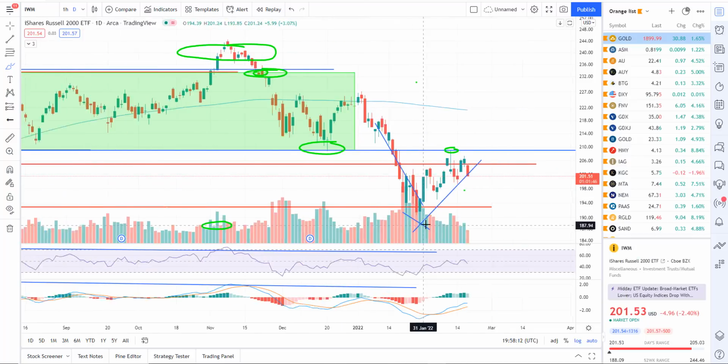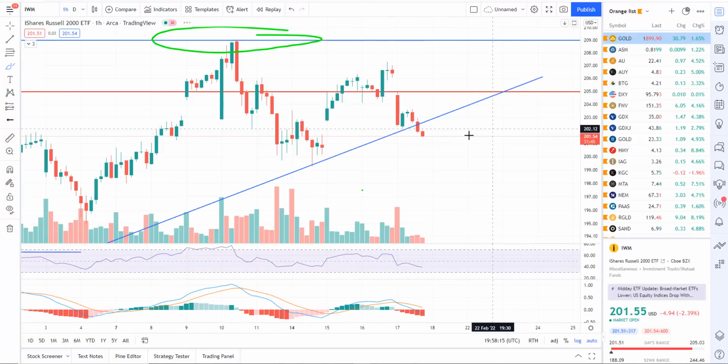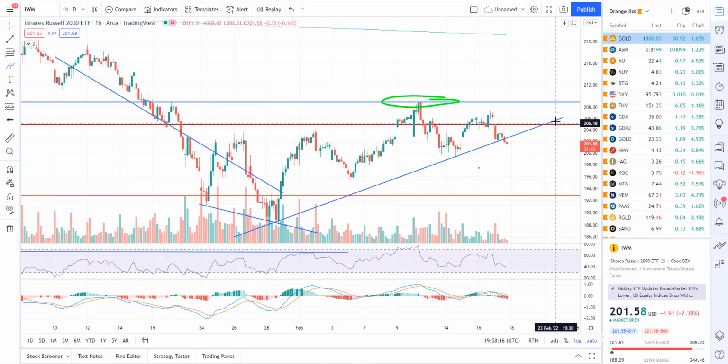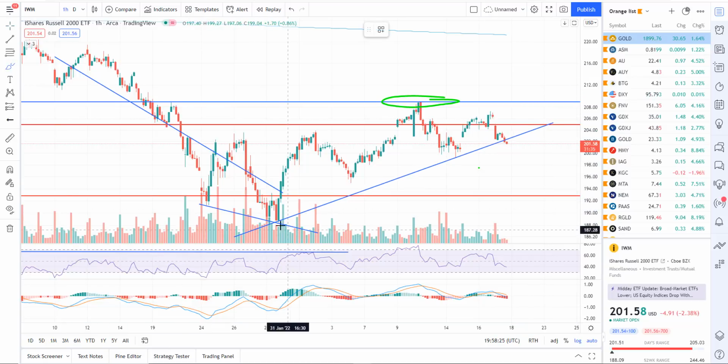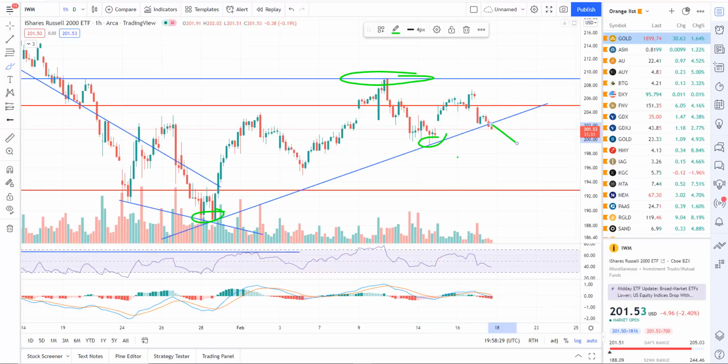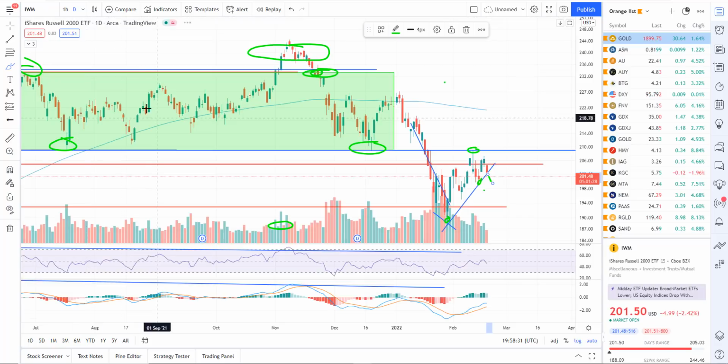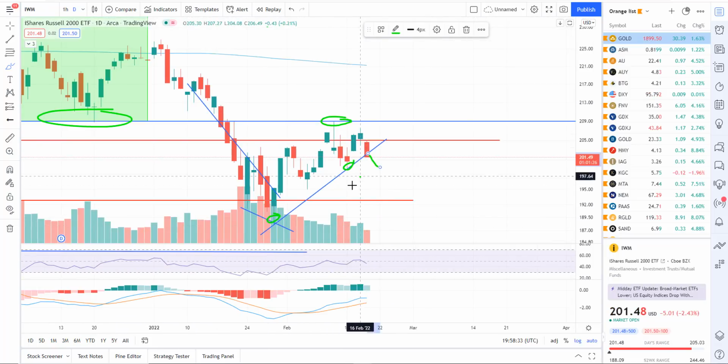Okay, IWM. If I look at the hourly chart, I'm trying to draw a trend line, and it's right about here. We've got a couple reactions right down in here. We've got one there. We're starting to break that. So if we do break and get that close, maybe we sell off into the close, then likely on the